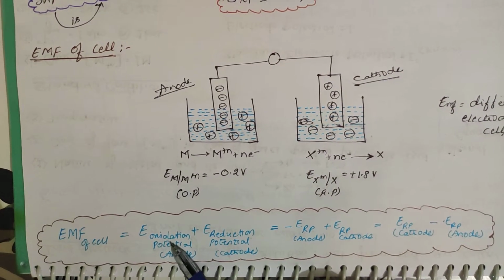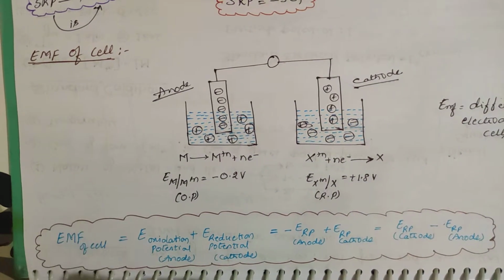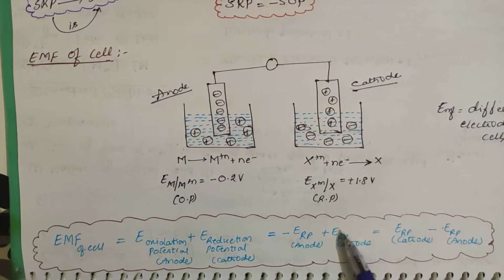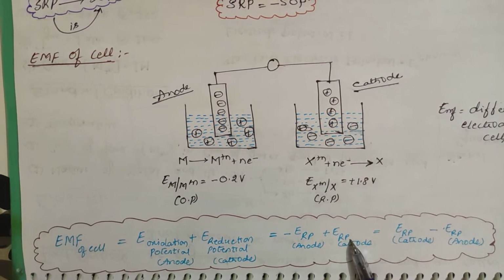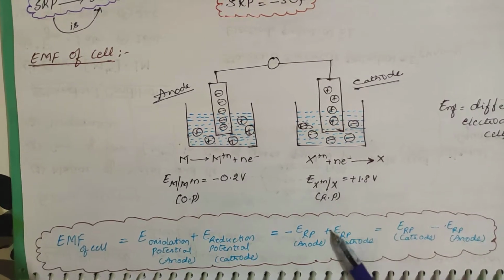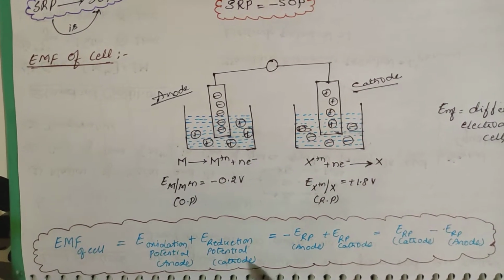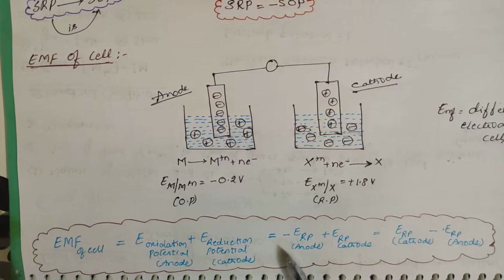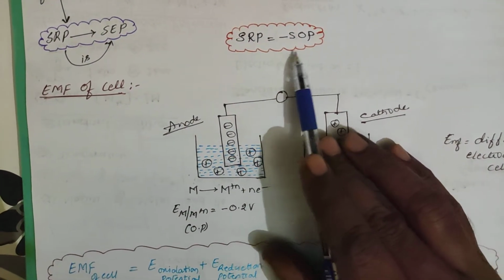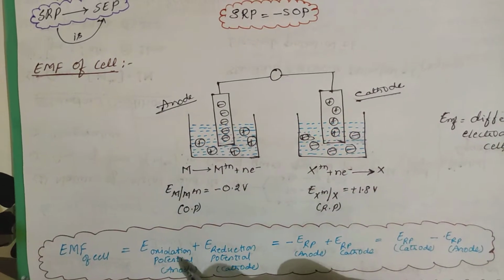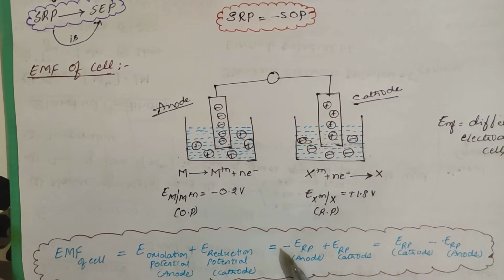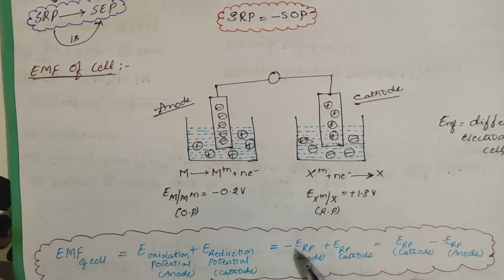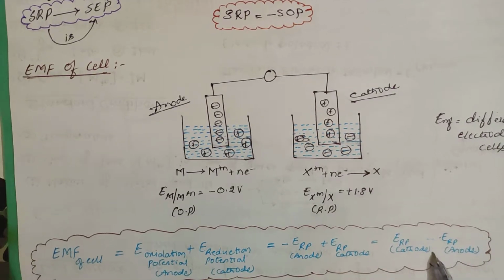If you want it in terms of reduction, oxidation has occurred at the anode, so if you want the reduction value for it, you take the minus sign. So for the anode, you take minus E of reduction potential, plus for the cathode you are calculating only reduction. No problem. For the cathode, you calculate reduction because the cathode undergoes reduction only. The anode should undergo oxidation, but you are taking the reduction value, so you take the minus value. Because already we have said reduction potential is nothing but the negative of oxidation potential. So here you have some oxidation value; if you put a minus, you get the E reduction potential of the anode. So what you calculate is E reduction potential of cathode minus E reduction potential of anode. So this is the general formula you take.